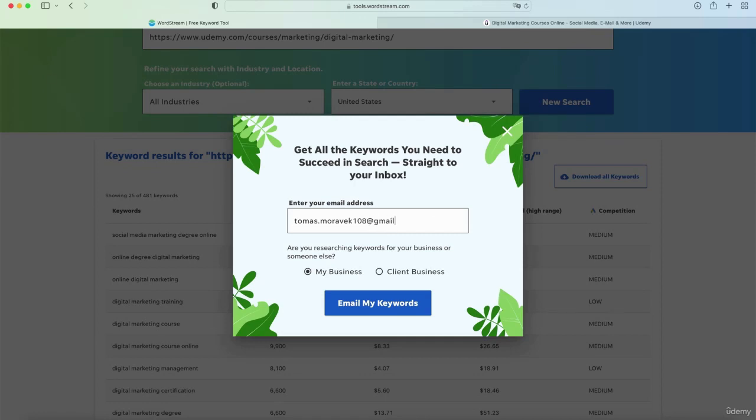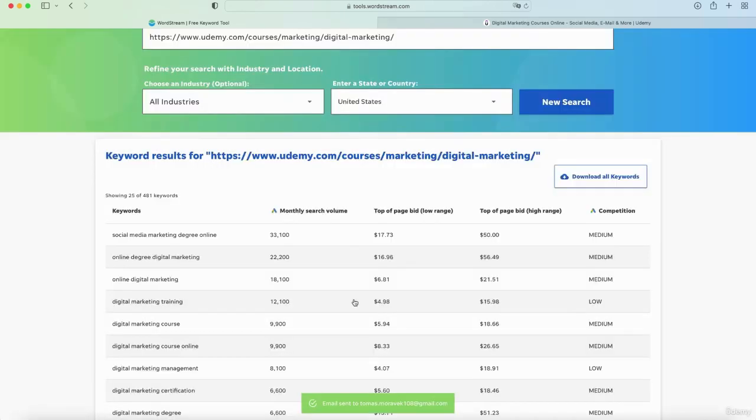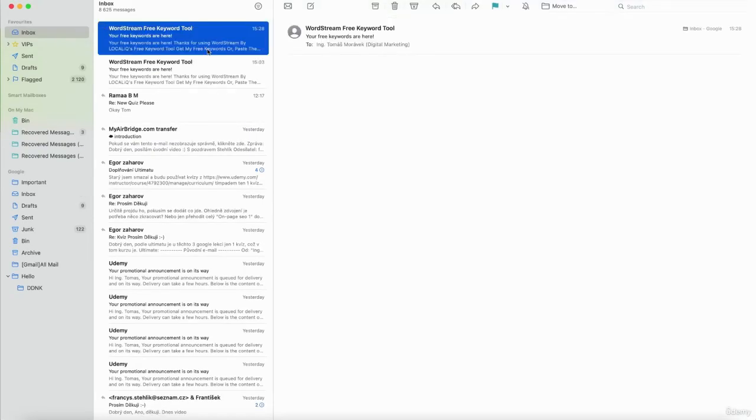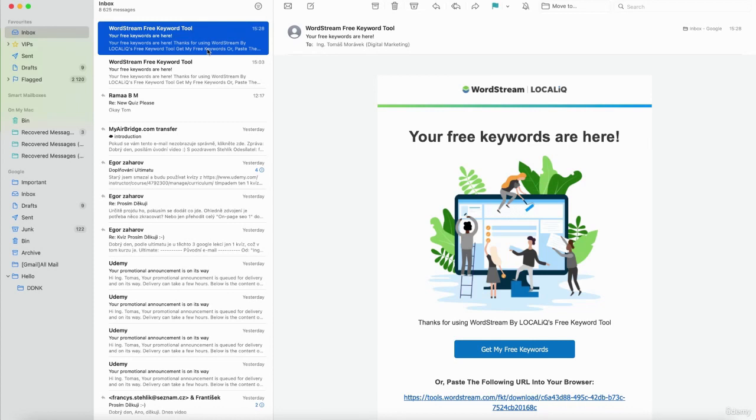It's much better than having some payments or monthly subscriptions. It's still better. So you just click email the keywords and they really deliver. They really send it to you. So you click